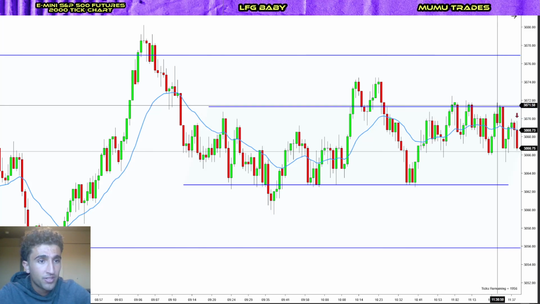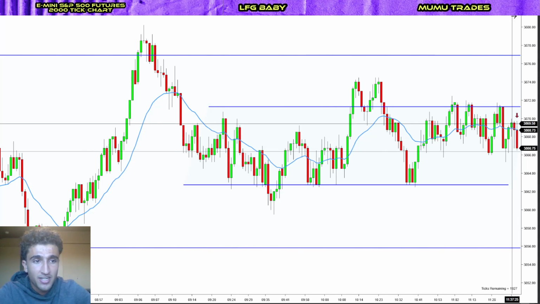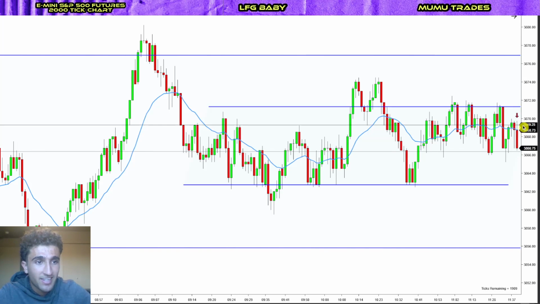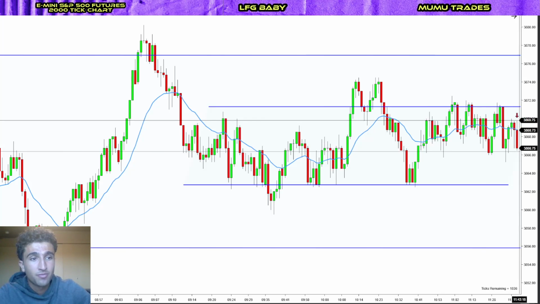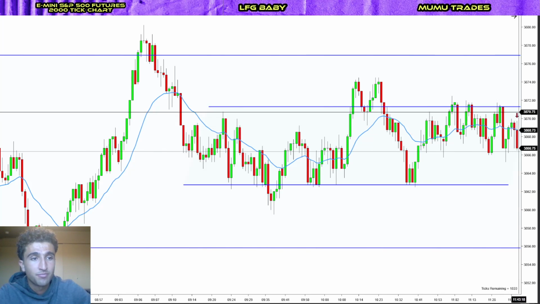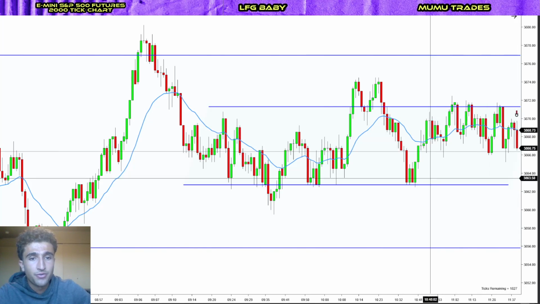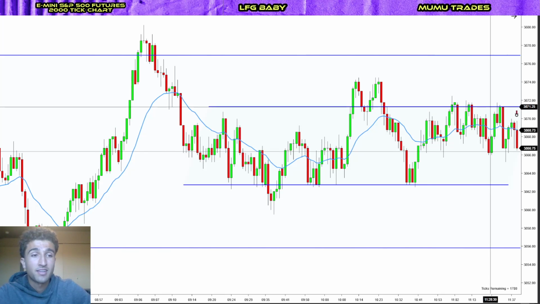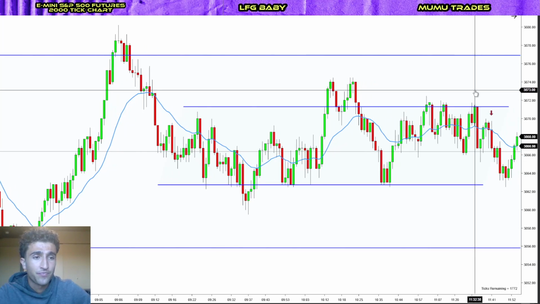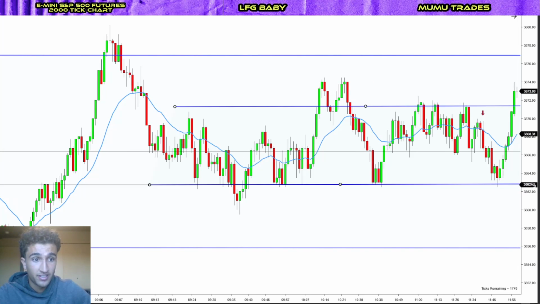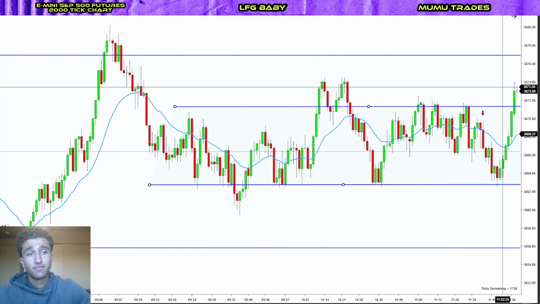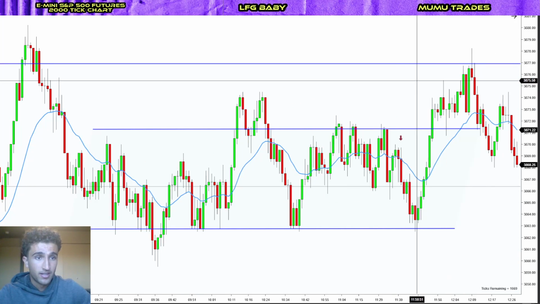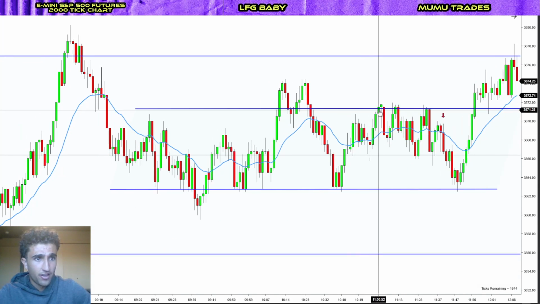Here we have one because we came from this high, we pushed down, we had a first entry long, second entry long failure. It's kind of a hidden second entry long because these are double tops, but if you know what prices are doing, they're just at the top reversing several times at the same price area before leading to the lows and then pushing back up to the highs once again. This is another tempting trade,